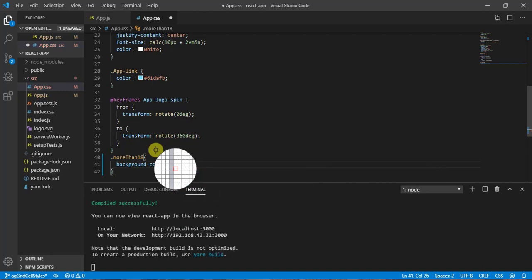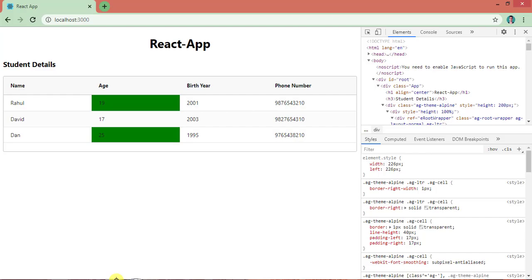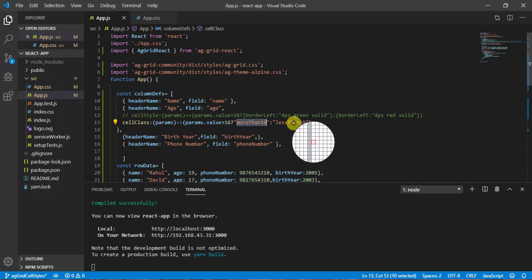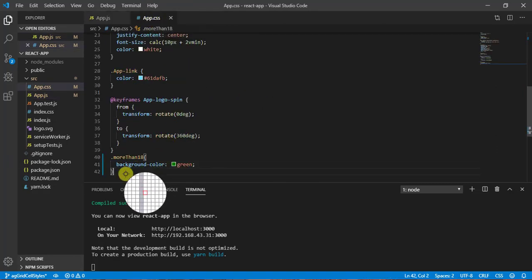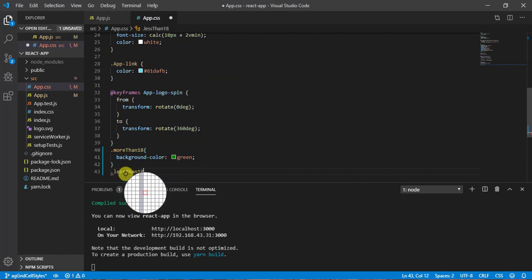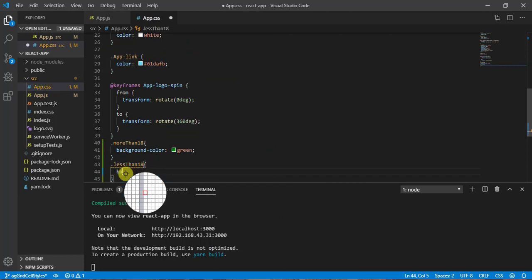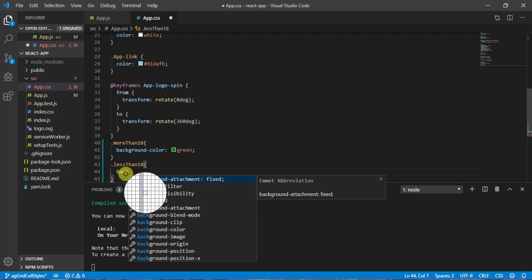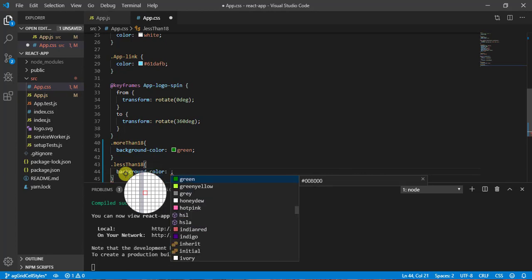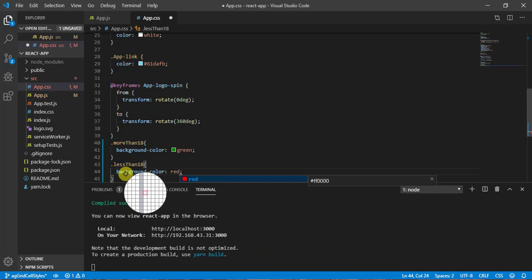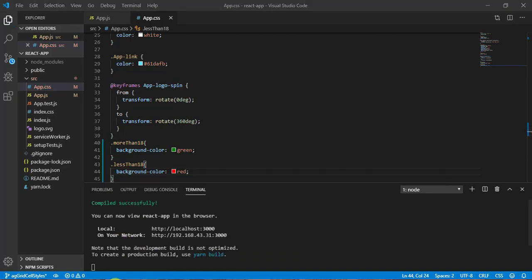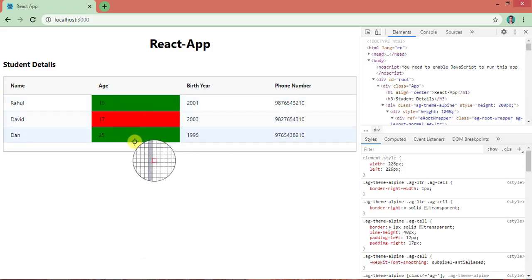So let's go with green and have a look at the UI. As you can see here, we started getting green. Let's add a style for less-than as well. So here dot less-than, and here background color red. As you can see here.